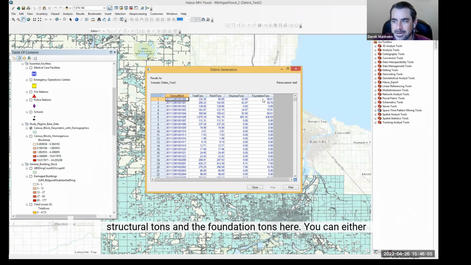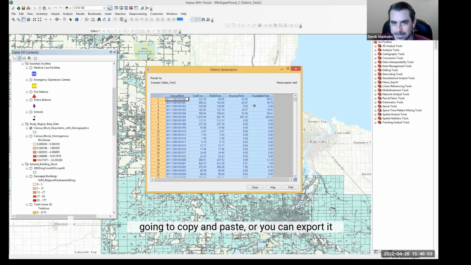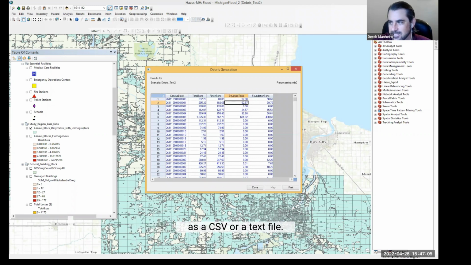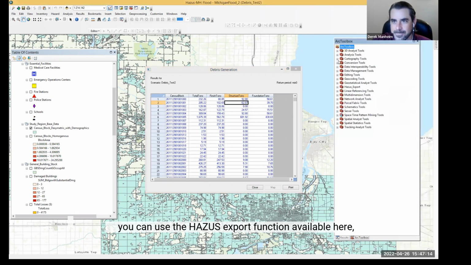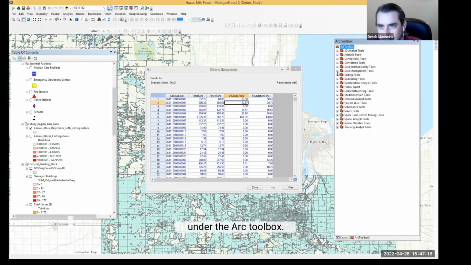You can either copy and paste this table directly into Excel by selecting it and going to copy and paste, or you can export it as a CSV or a text file. In addition, as I mentioned earlier, you can use the HAZUS export function available here under the ARC toolbox.